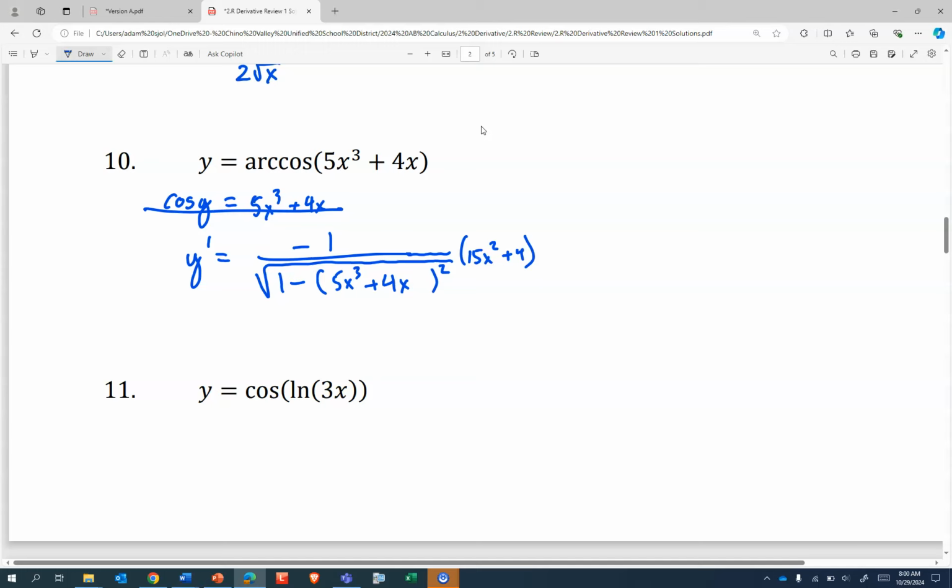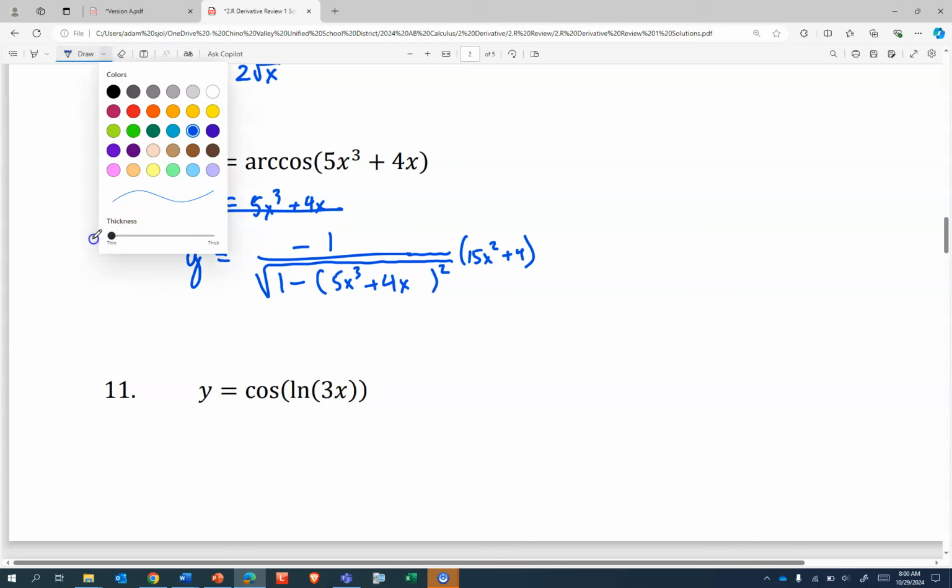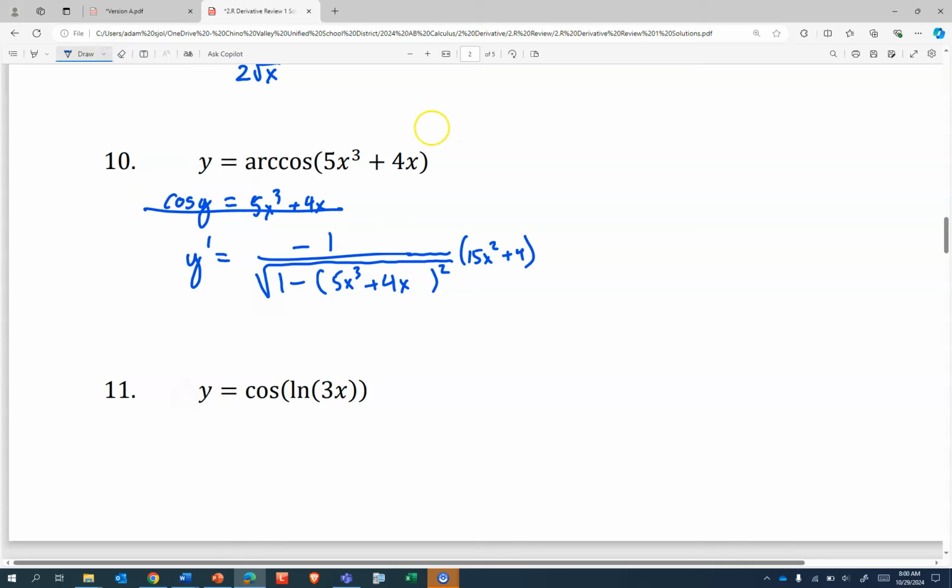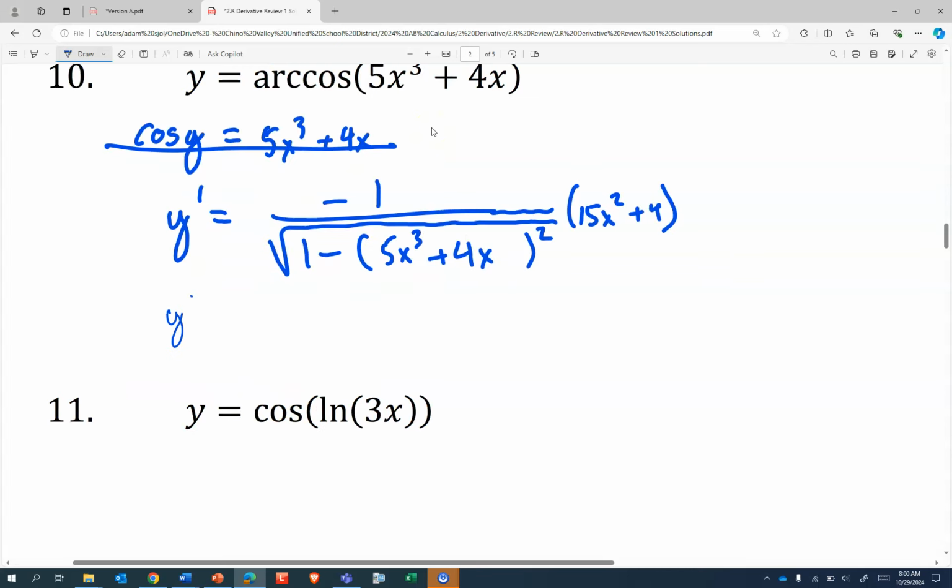Yeah, we need to multiply out that denominator. I'm going to make this thinner, just so I can write a little bit smaller. Okay, so y prime is, we'll put that negative out front, 15x squared plus 4, square root. Maybe I don't need to square that out, because even if I did, there's no constant in the 5x cubed plus 4x all squared that needs to combine, but